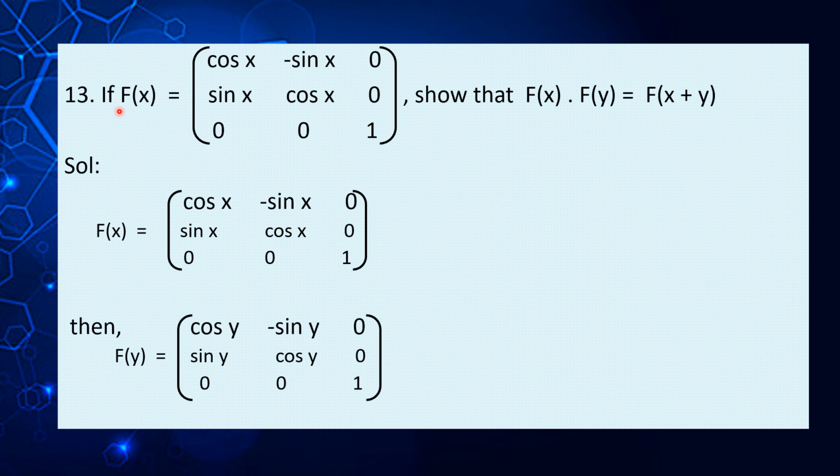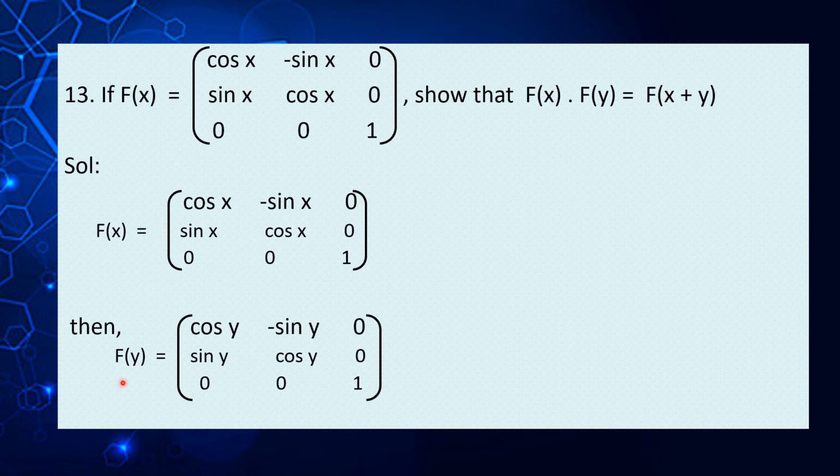13th question. If f of x is equal to [cos x, minus sin x, 0; sin x, cos x, 0; 0, 0, 1]. Show that f of x into f of y is equal to f of x plus y. For that, first consider the given value of f of x, that is [cos x, minus sin x, 0; sin x, cos x, 0; 0, 0, 1]. So according to f of x being this value, in order to find